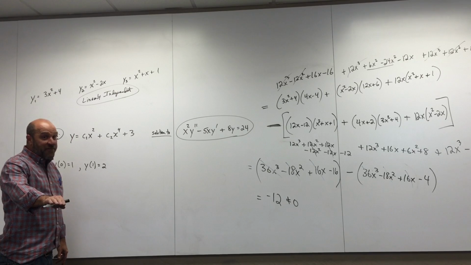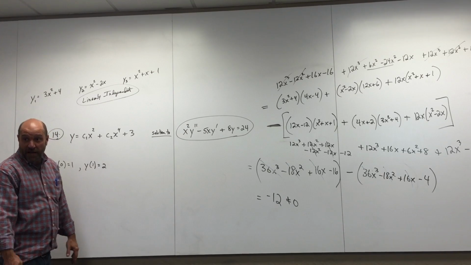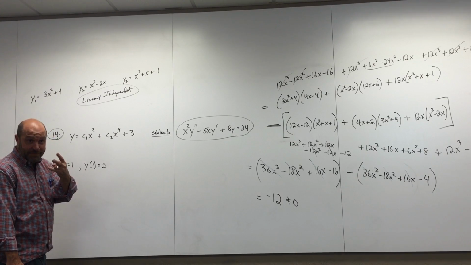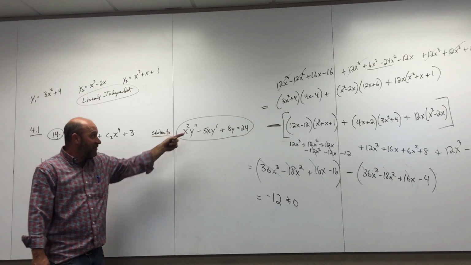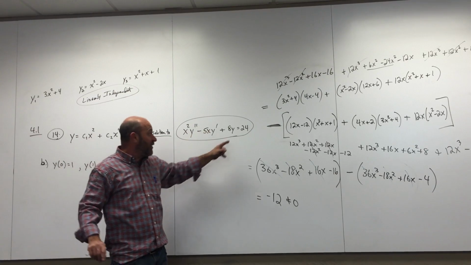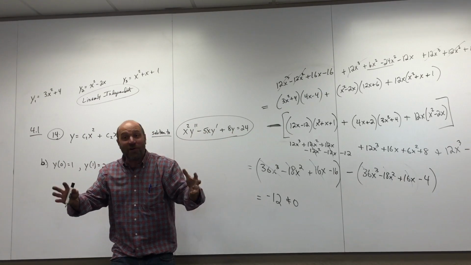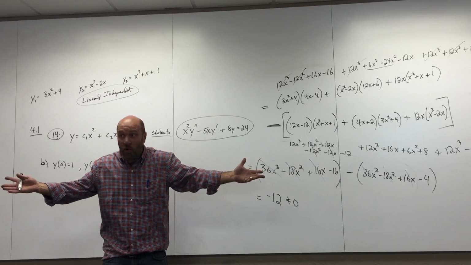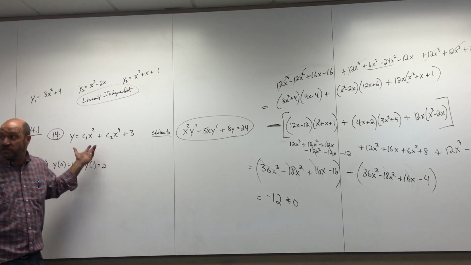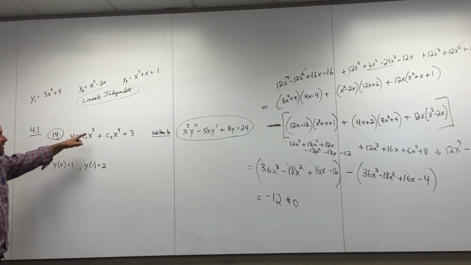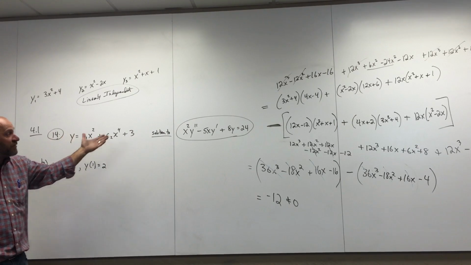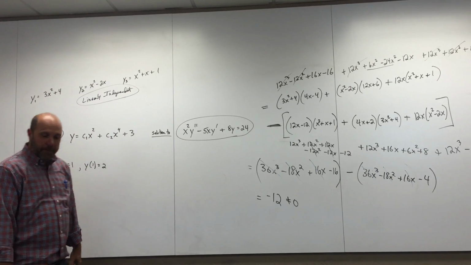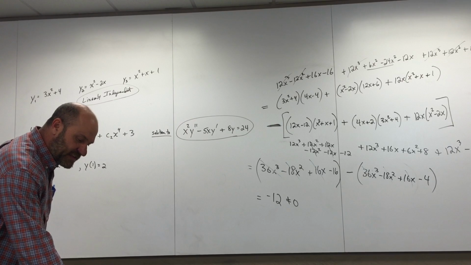If they didn't really say verify it yet, if they wanted you to verify it, how would you verify it? Take two derivatives, plug the second derivative in there, plug the first derivative in there, plug the original function in there, and it ought to work. Right? I mean, that's how you verify it. And you can do it with these general C1s and C2s, and it should work. But they didn't really say to verify. They said, given that,